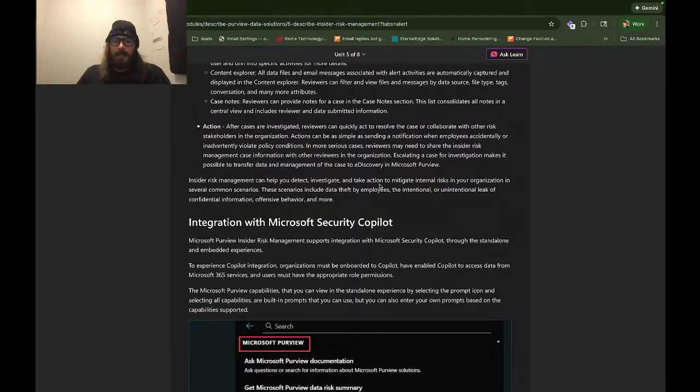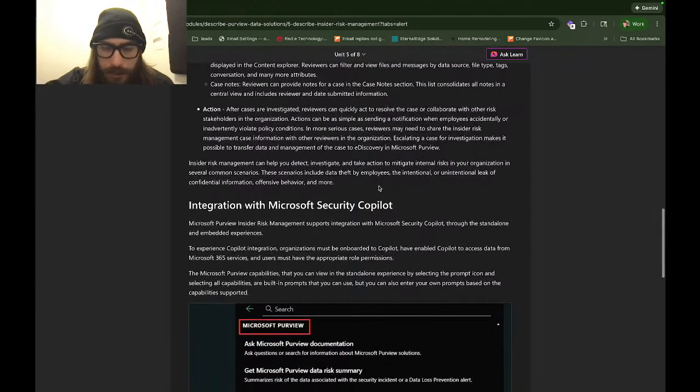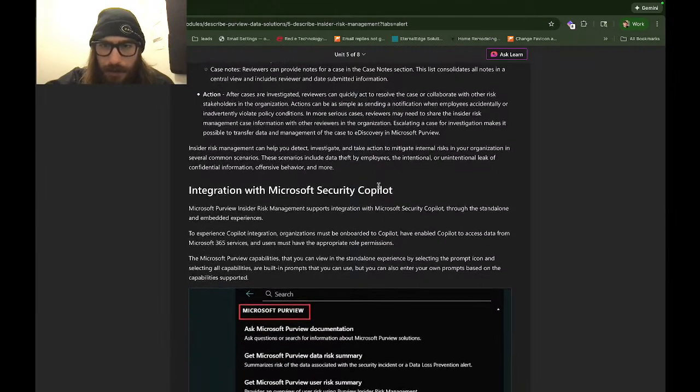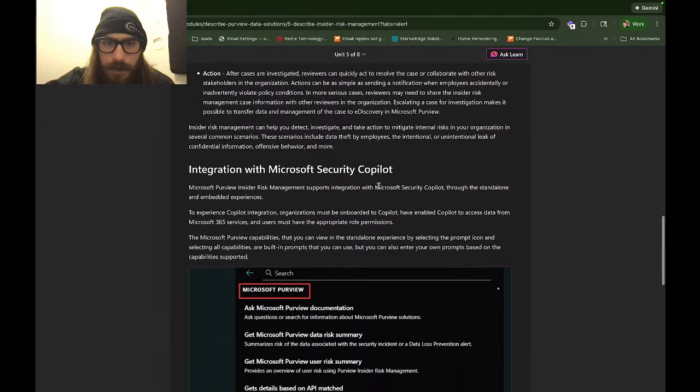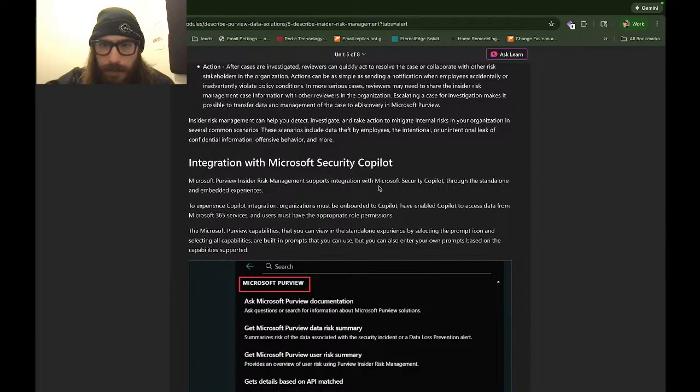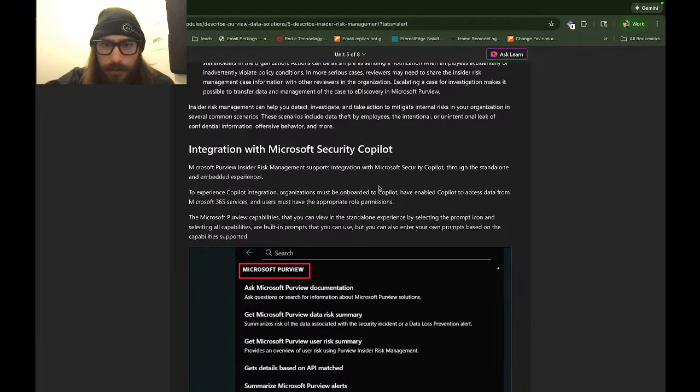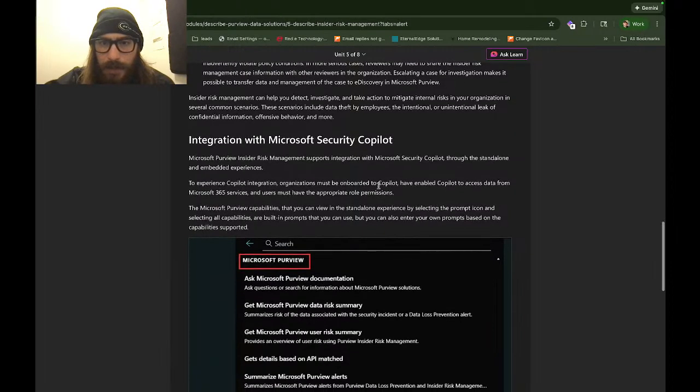Action. After cases are investigated, reviewers can quickly act to resolve the case or collaborate with other risk stakeholders in the organization. Actions can be as simple as sending a notification when employees accidentally or inadvertently violate policy conditions. In more serious cases, reviewers may need to share the insider risk management case information with other reviewers in the organization. Escalating a case for investigation makes it possible to transfer data and management of the case to eDiscovery and